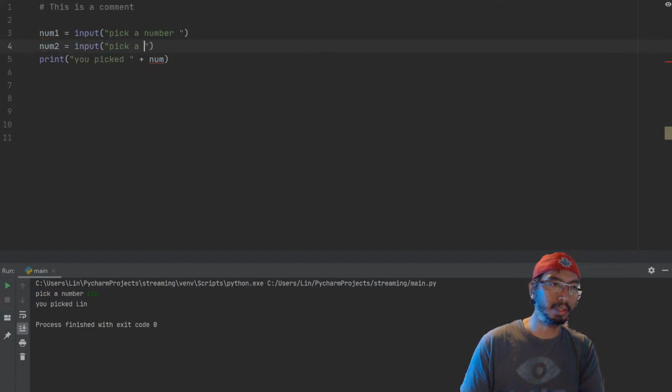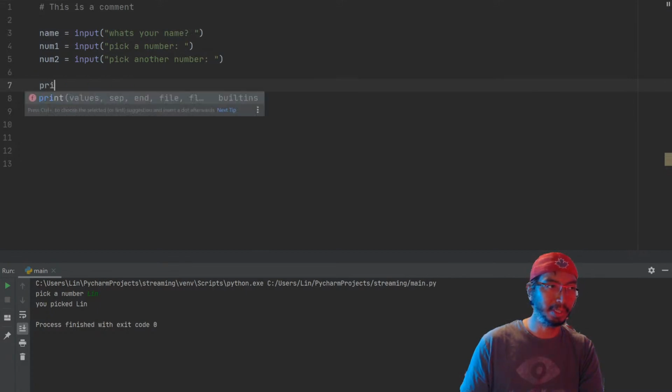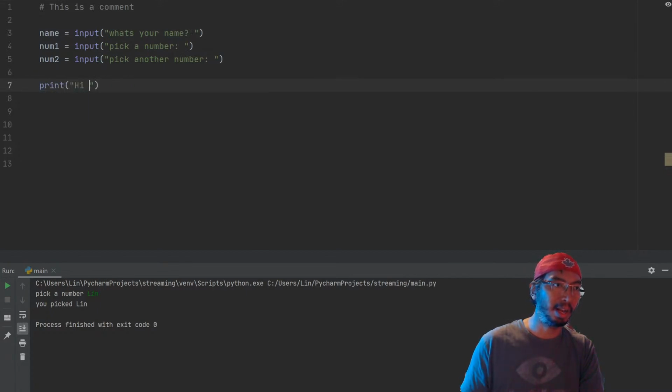So I'm going to create a simple pick another number. These are like basic programs that I used to write when I was a kid, where the computer asks you for your name. What's your name? And then you would do something like print hi,